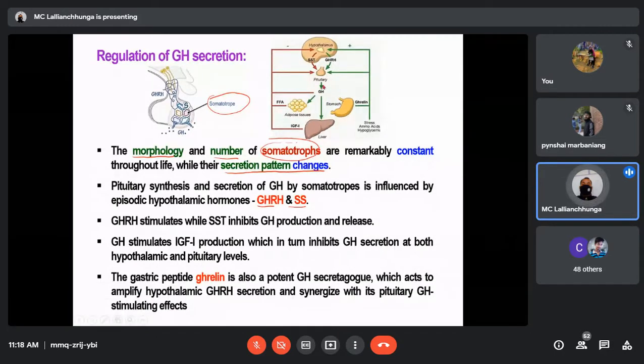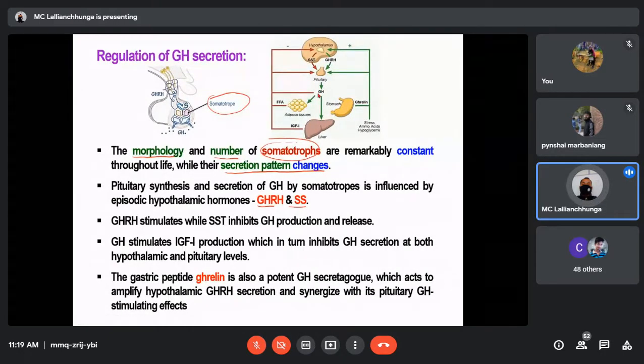When growth hormone concentration is increasing, there will also be an increase in free fatty acid concentration, because it will lead to lipolysis of the triglyceride. Another function is that growth hormone will act on the liver to increase IGF-1. When these levels go up, that means growth hormone, free fatty acid, and IGF-1, they will have a suppressive effect on the hypothalamus as well as on the pituitary, to increase somatostatin in the hypothalamus or decrease growth hormone secretion in the pituitary, so that the growth hormone level